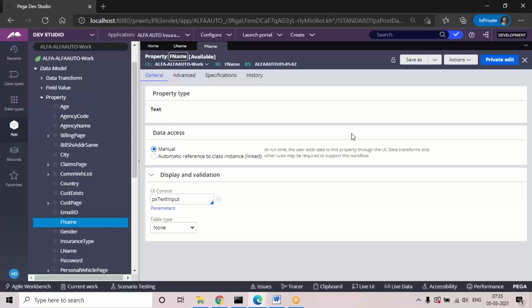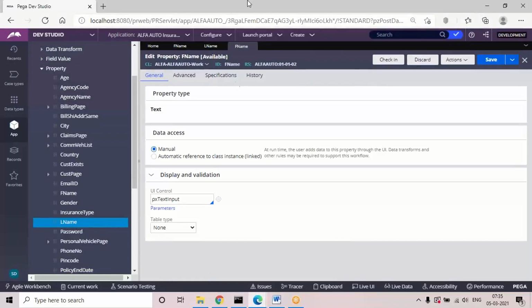That is one way. And if any rule is in a locked version, this is in the latest version only. First name is moved to the latest version, but the person is still working on that rule. How do we know? If you see the check-in button, we didn't click on it. What is check-in? This person did not unlock the rule; they are still accessing it. If you click check-in, they unlock it so that another person can access this particular rule.